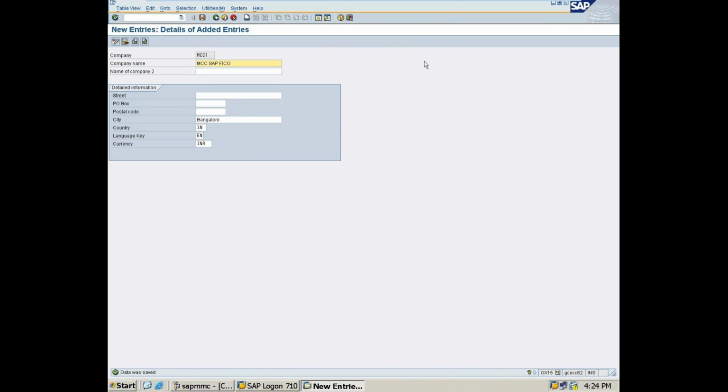Yes, sir. So after creating this company, you will save. Now you want to assign company code to company. What is the T code for company code to company? OX02. Now if I want to open it from any present screen, if it is not from the easy access screen, then what should I use? /n. /n OX02 and enter. It directly takes you to company code to company.